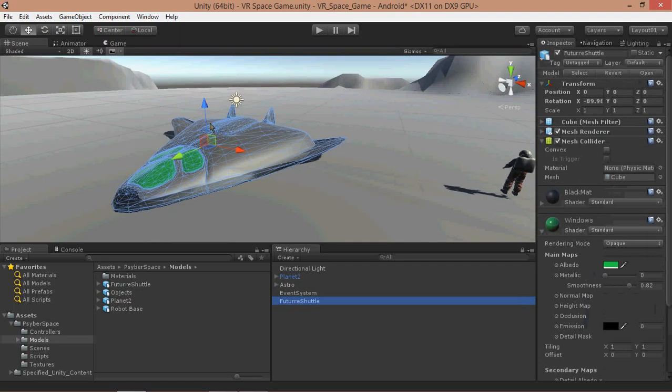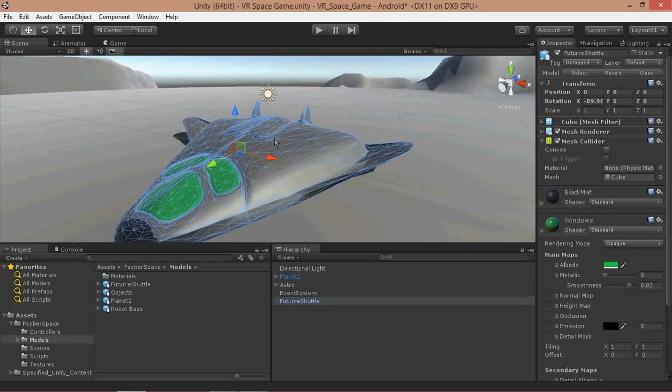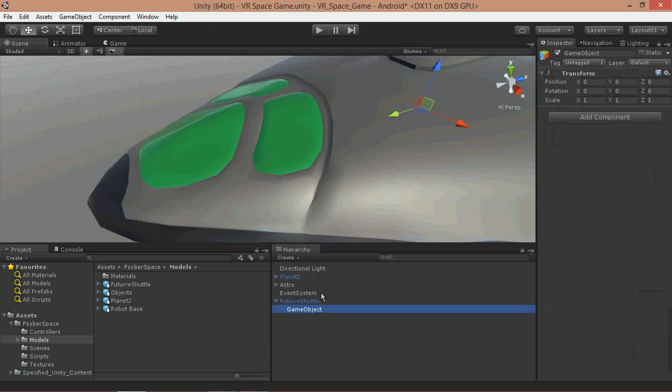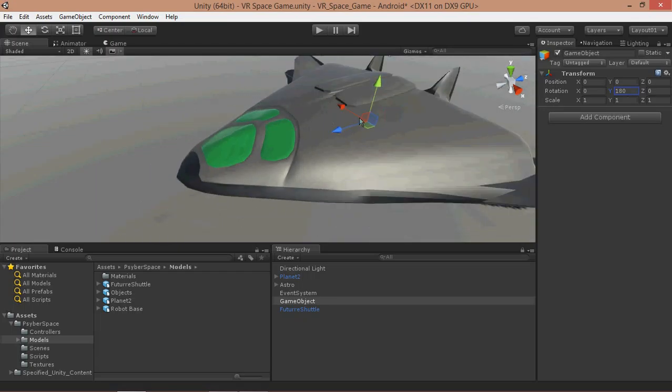space shuttle here, you can see that its z-axis is facing up, and we actually want the ship itself to be facing forward. So in order to do that, we're going to have to create an empty game object and create it in the position of the ship, and reset the rotation to 0. Actually turn that 180 so that we don't have to turn the ship, and now it's facing forward with the